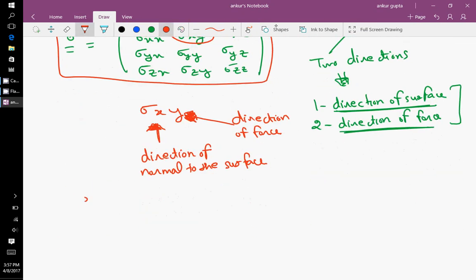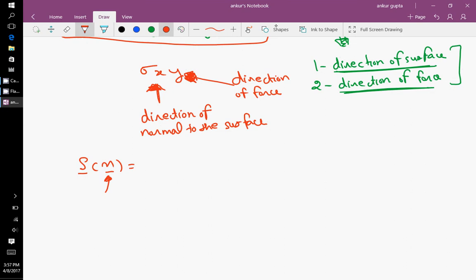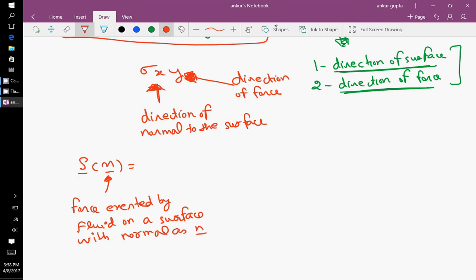So we define this new vector called S vector, which, with the normal n vector, is the force exerted by fluid on a surface with normal as n vector,